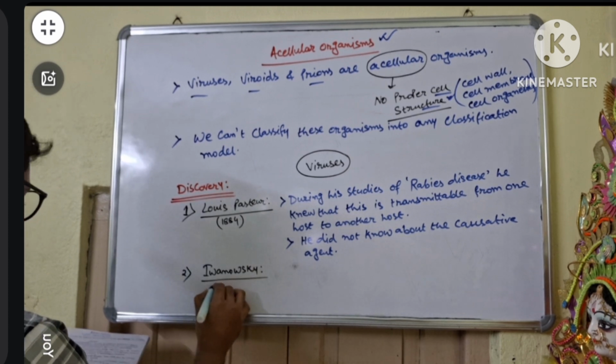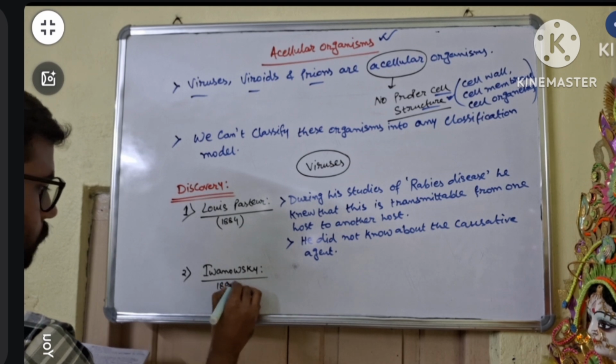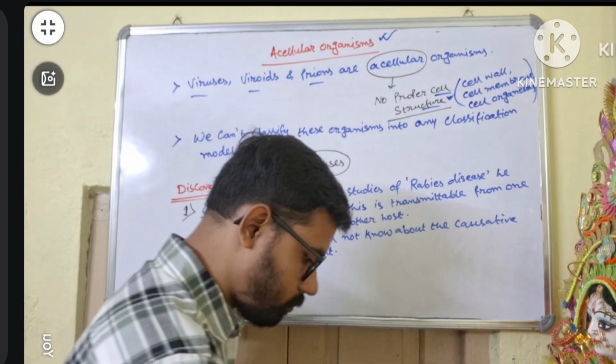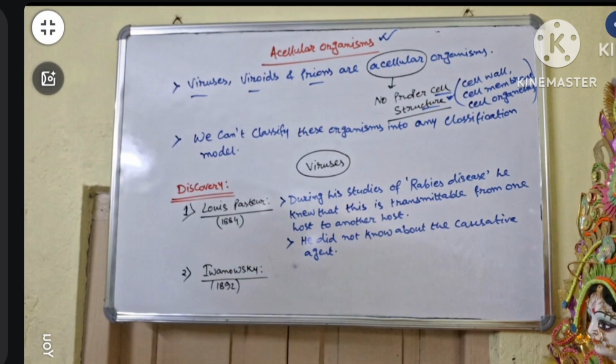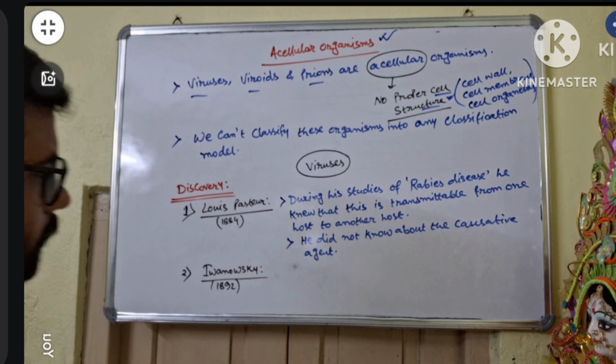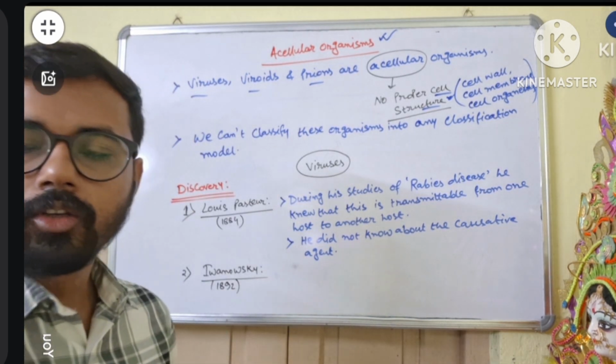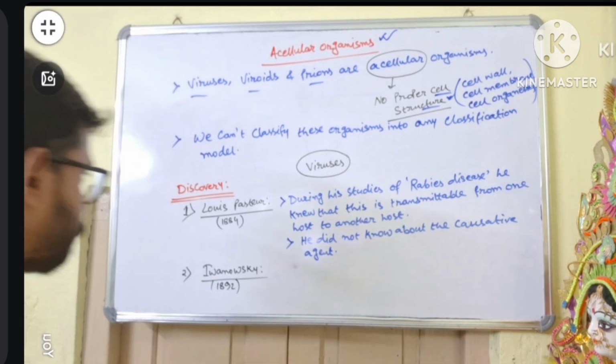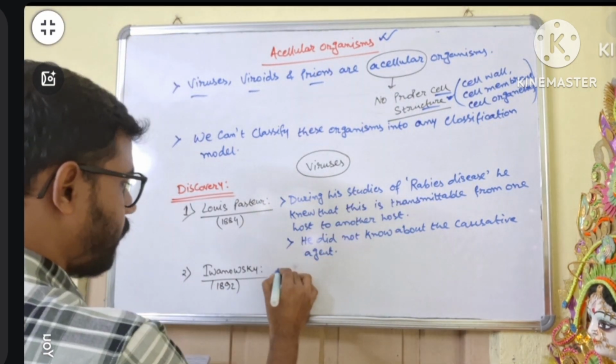Ivanovsky showed the work in 1892. After 8 years, Ivanovsky worked on tobacco mosaic disease, that is a plant disease. And he showed that